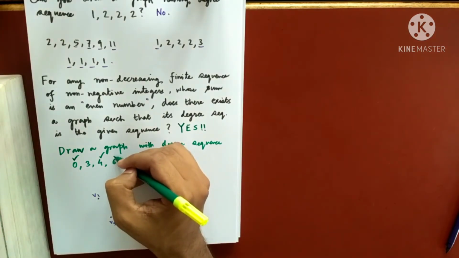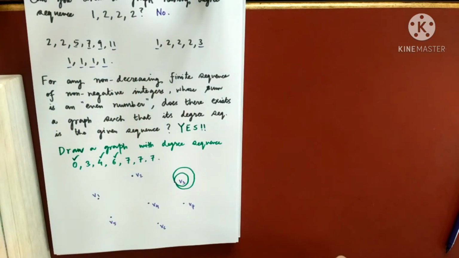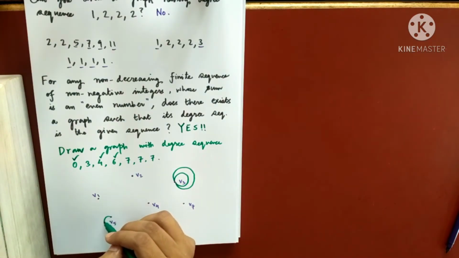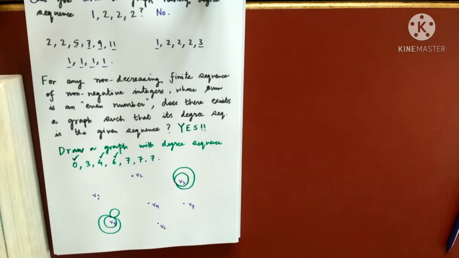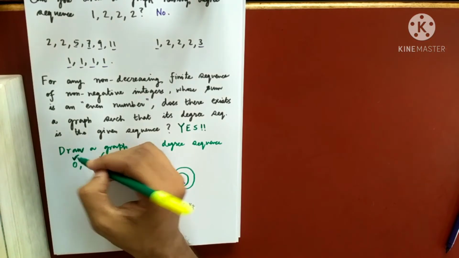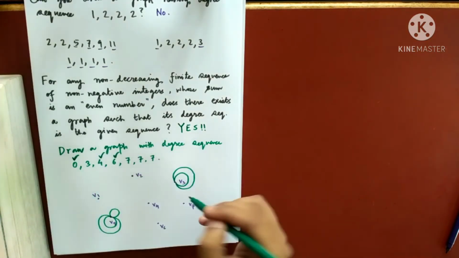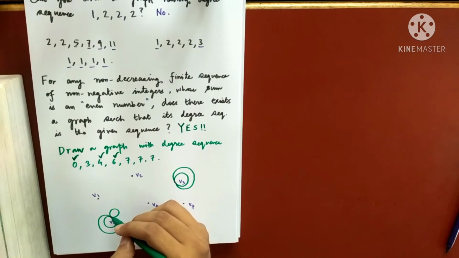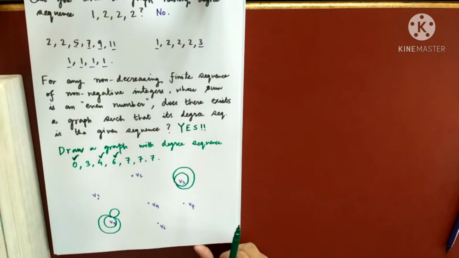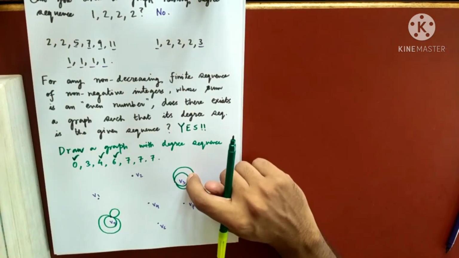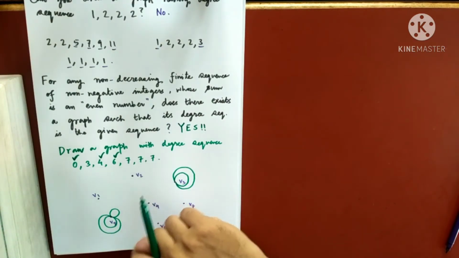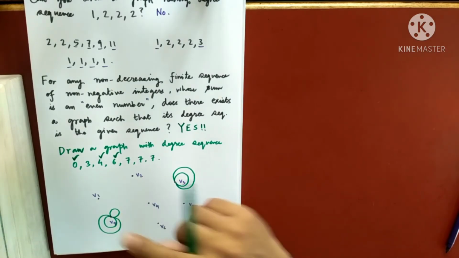Next you choose another one. Another one is 6. v5 is 6. Again you make 3 loops, 1, 2, one more 3. Are you getting my point or not? So my claim is, for all the even ones, you draw the loops around that vertex. No need to connect with any other vertex. You just draw the loops around that vertex. So that will make the degree of v3 as 4, and this will make the degree of v5 as 2, 2, 2, 6.